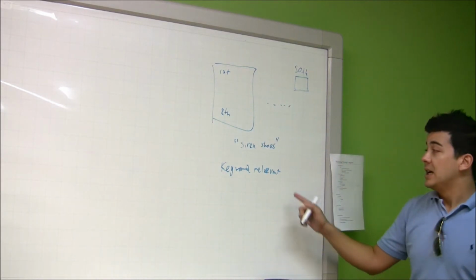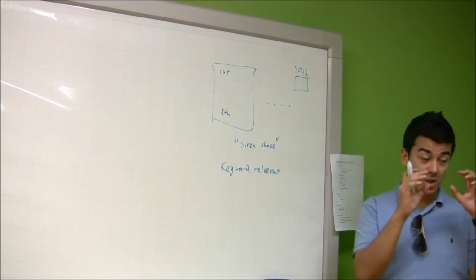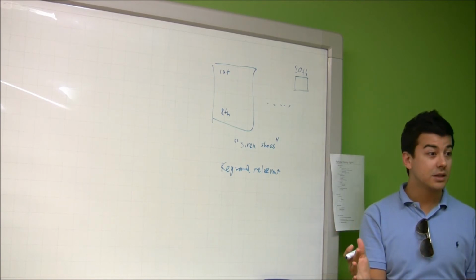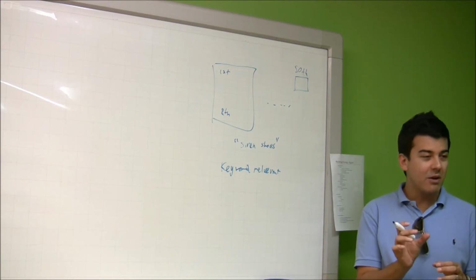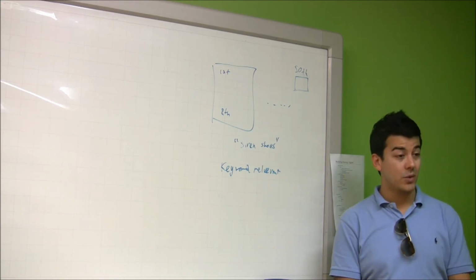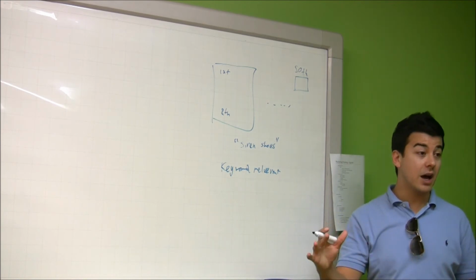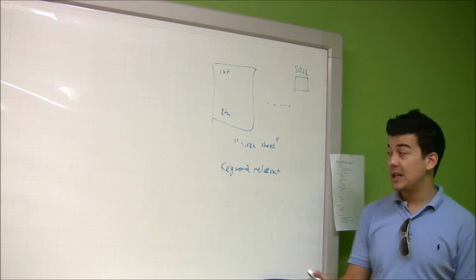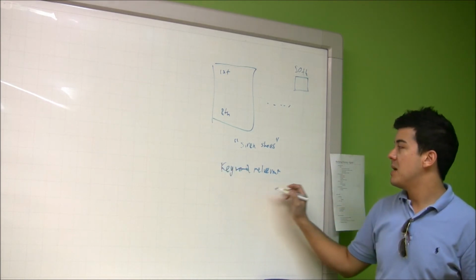Keyword relevancy. So it's not just about siren shoes. It's got to have things about shoes. If you have just siren shoes and the rest of the site is about dogs, then it's not that relevant, is it? Maybe that one reference is great, but the rest of the site's about dogs, so relevancy is low. If it's got siren shoes mentioned like 50 times in that page and throughout the site hundreds of times because it's a siren shoe reseller or it's a siren shoes fan page, relevancy is high. So firstly, it's a certain amount of relevancy.